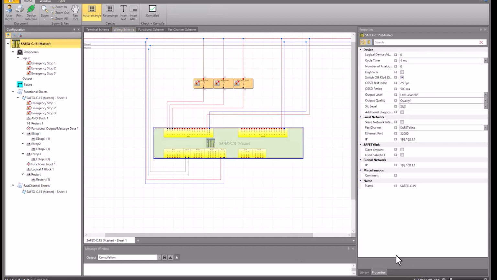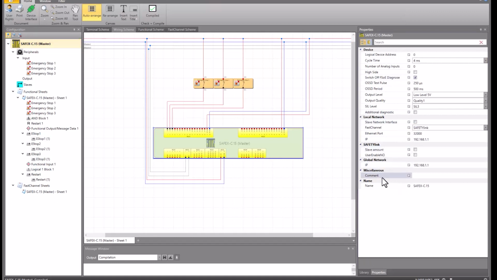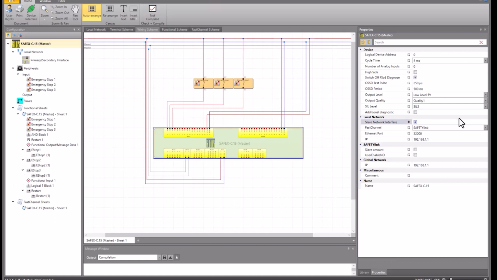For this we first go to the controller itself and have a look at the properties, and to activate the FSOE communication, we have to activate the slave network. We do that here via this checkbox. And by activating the checkbox, a new object has been created here. We do not need to do anything else here.